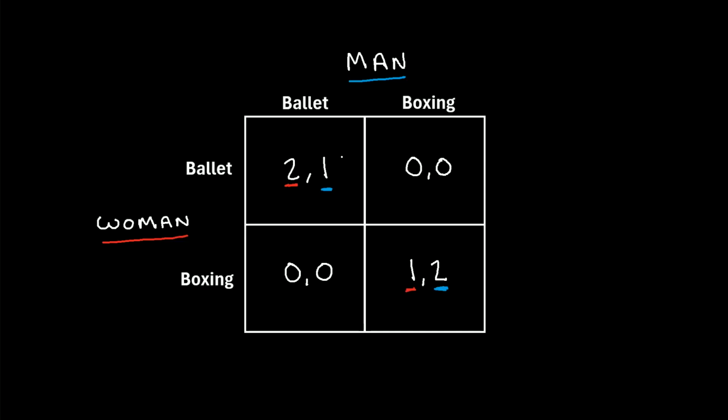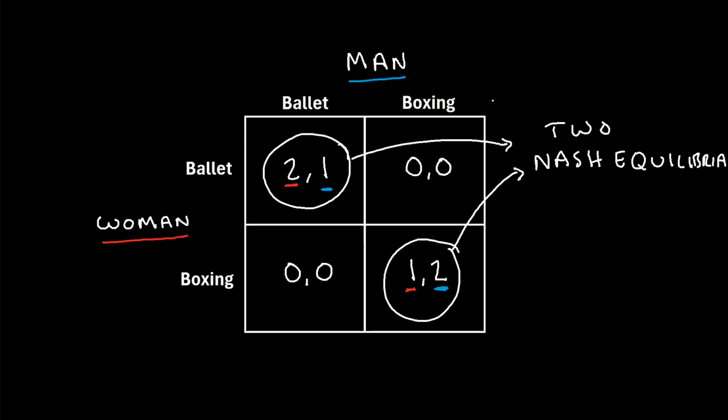Now here's what we'll notice. The Nash equilibria are the two boxes where both numbers are underlined. So there's actually 2 Nash equilibria in this particular game. And what's really interesting is that even though there are 2 Nash equilibria, both the man and the woman have a preference for which Nash equilibrium they'd rather end up at. So the woman would rather end up in this scenario where they both choose ballet because she gets the higher payoff. And similarly, the man would rather end up at this Nash equilibrium where they both choose boxing because he gets the higher payoff. But we'll notice that either Nash equilibrium that they do end up with is better than the alternative of both of them choosing different activities where they both get a payoff of 0.